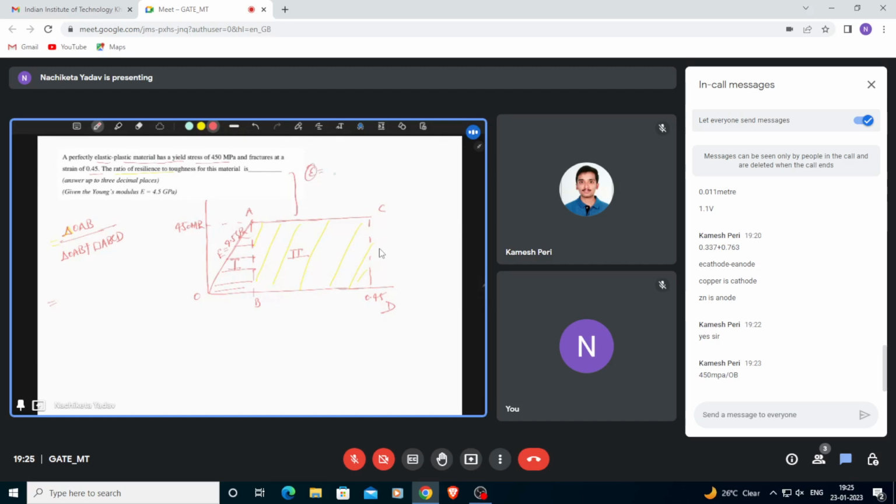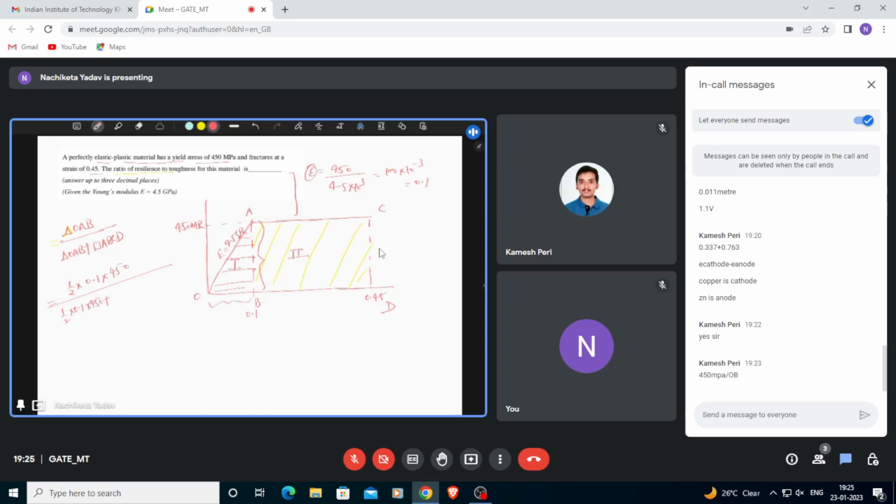But here if we calculate strain, it will be 450 megapascal over 4.5 into 10 to the power 3. That means 100 into 10 to the power minus 3, so it is 0.1. So what would be the area? 1 by 2 into this length, 0.1, into this 450. Likewise, for this toughness calculation, it will be 1 by 2 into 0.1 into 450 plus what